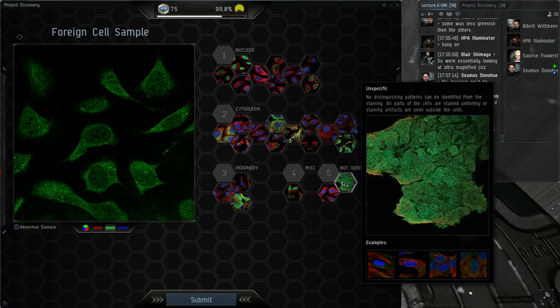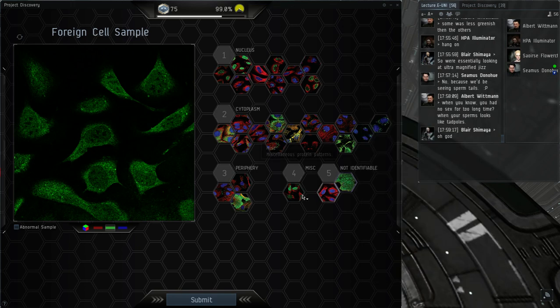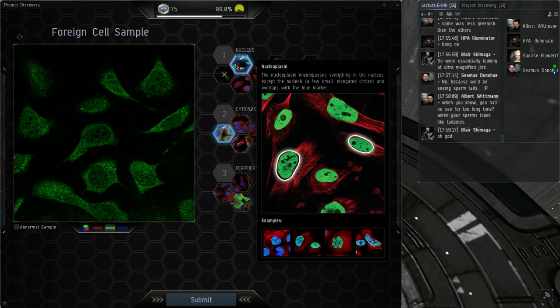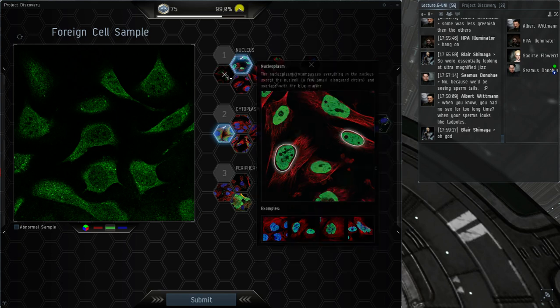And I think it's a bit too clear. I think I can still distinguish the nucleoplasm compared to the cytoplasm. So I will say that it's cytoplasm and nucleoplasm, but this is really borderline. It's borderline to being unspecific, and it's borderline to not being a nucleoplasm staining, maybe just background. So I'm a bit hesitant.